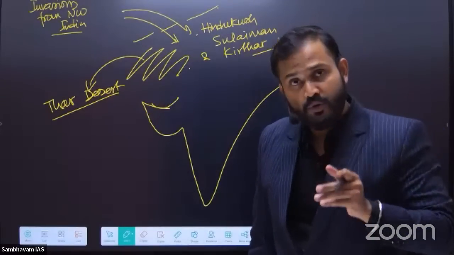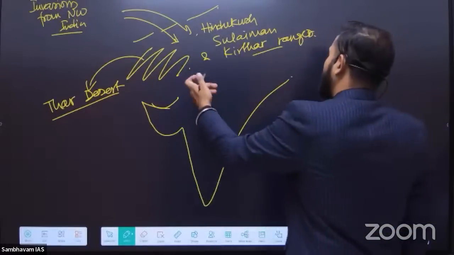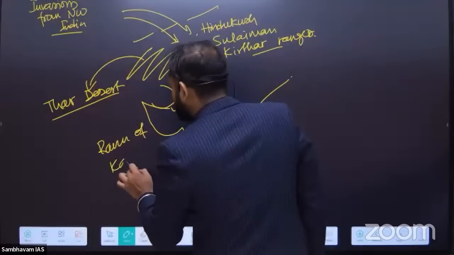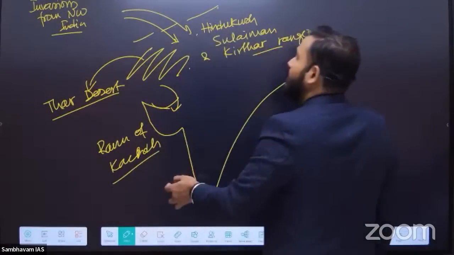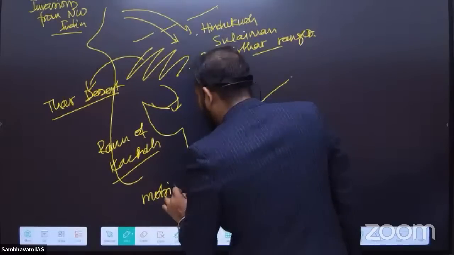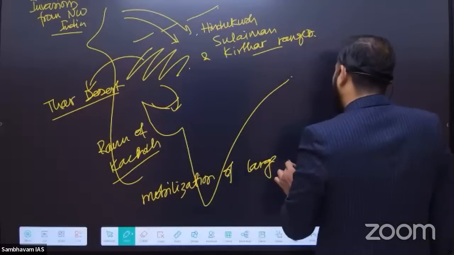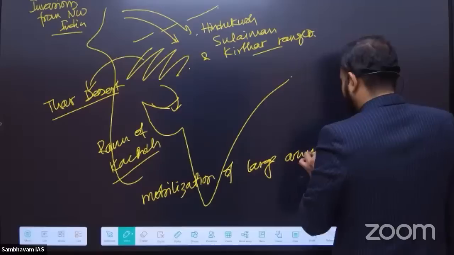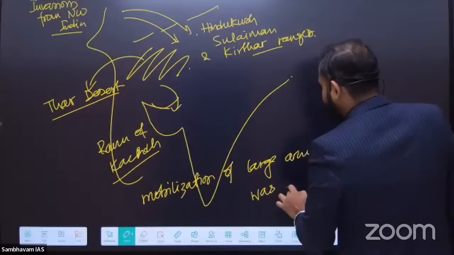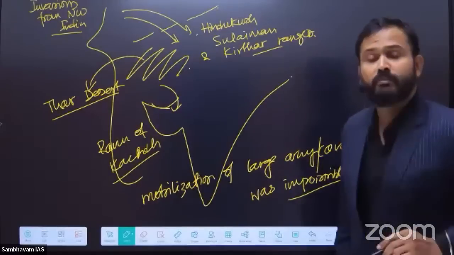Important pass that it will help you come. You cannot use any other route. If you come down south, you will find the Rann of Kutch. Also, because of the topography, mobilization of a large army, especially cavalry, was impossible. This is observation number 1.